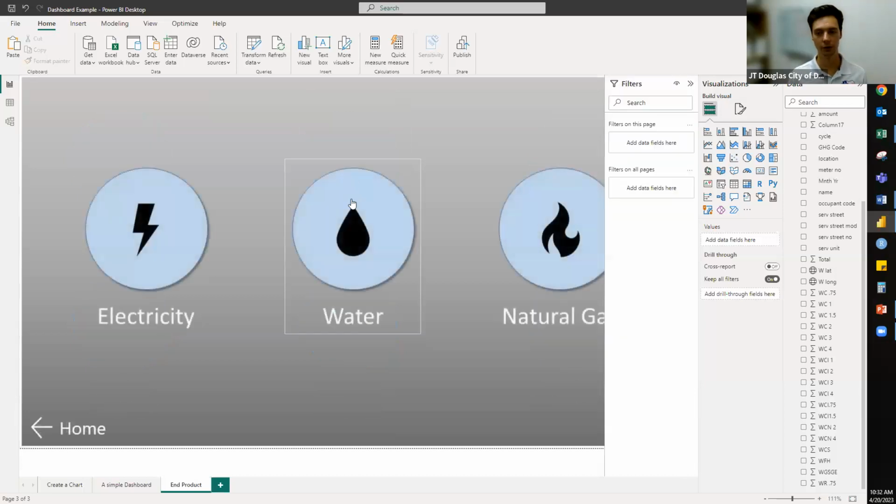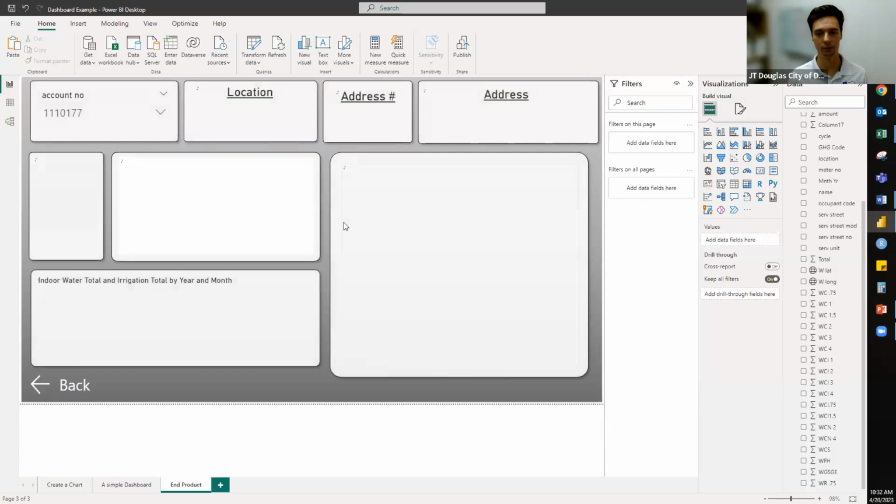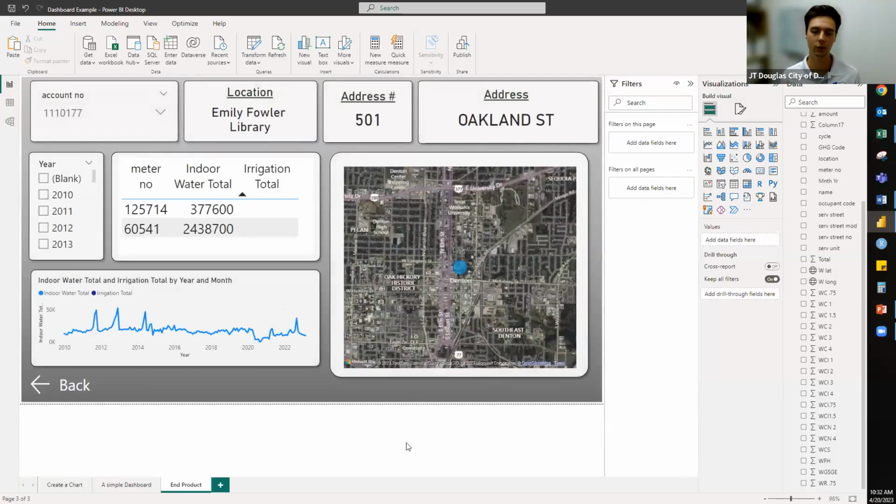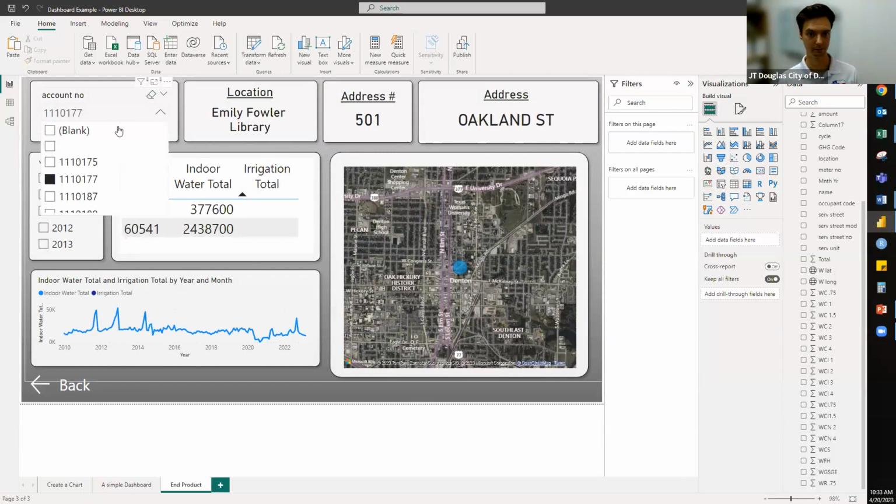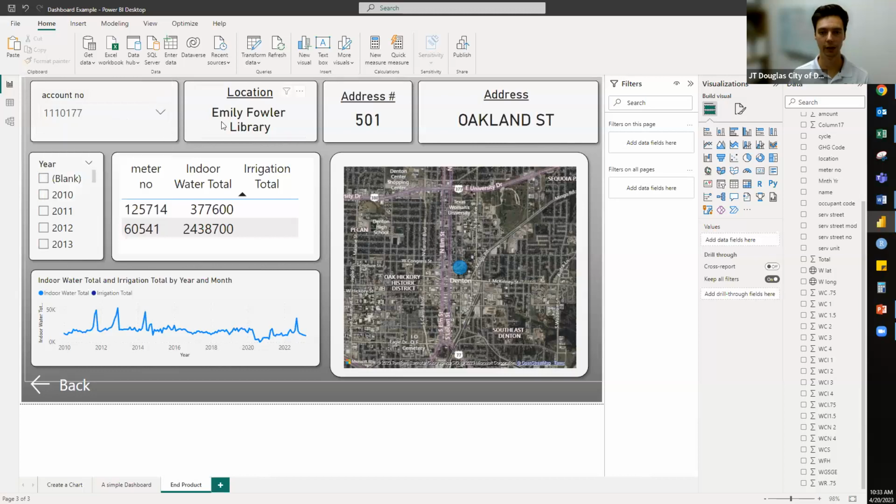This next one that I'm going to show you is a collaboration with our Parks and Rec office here. They were looking at all of their irrigation meters across the city, and we thought that was a good time to put together a search tool. So if you've got your water account number and you're not really sure what all goes into this water account, we've got it over here where the only thing you can search by is your account number. You can either type that in or search for it here in the dropdown. And then essentially what we get is all of this information.